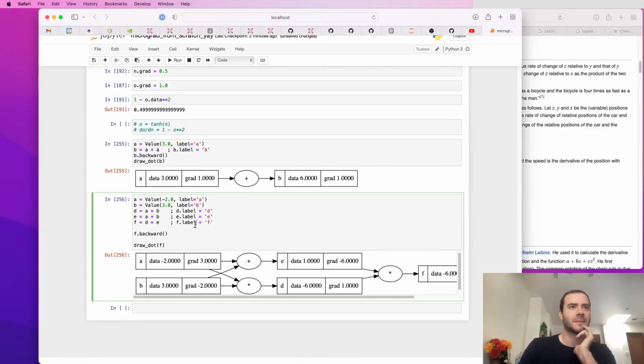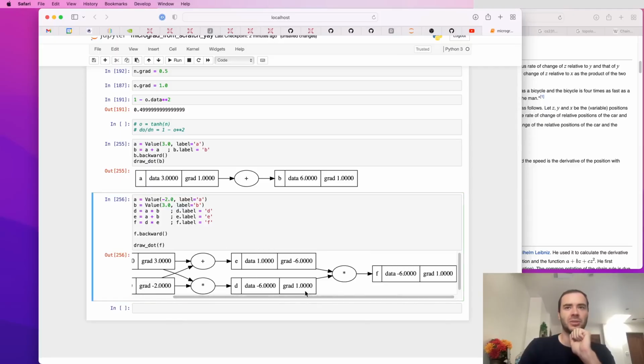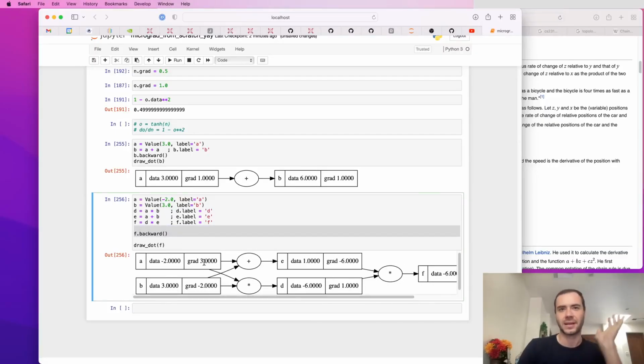So here we have A and B, and then D will be the multiplication of the 2, and E will be the addition of the 2. And then we multiply E times D to get F, and then we call F.backward. And these gradients, if you check, will be incorrect. So fundamentally what's happening here, again, is